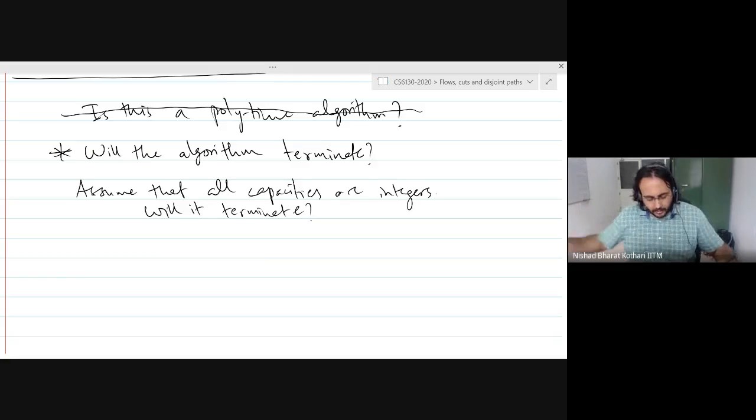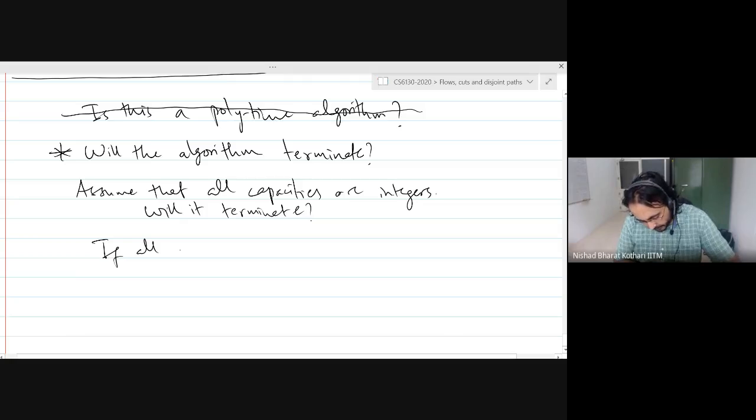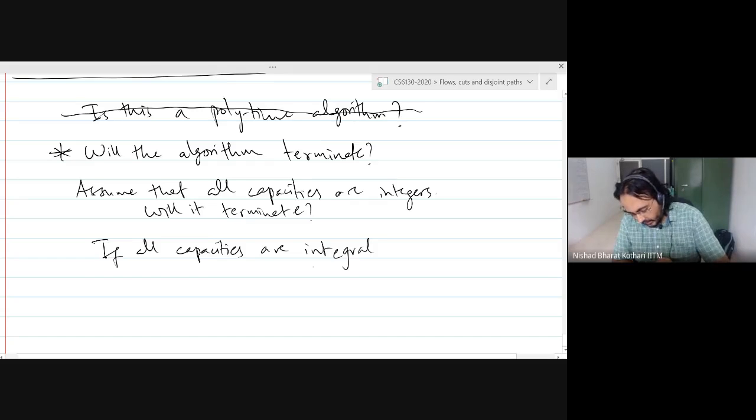Yeah. So in fact, the point is that if all capacities, yeah, so that's one way to put it. Another way to put it is that if all capacities are integers, or integral. Okay. So what I mean by that is, if the function C is integral,